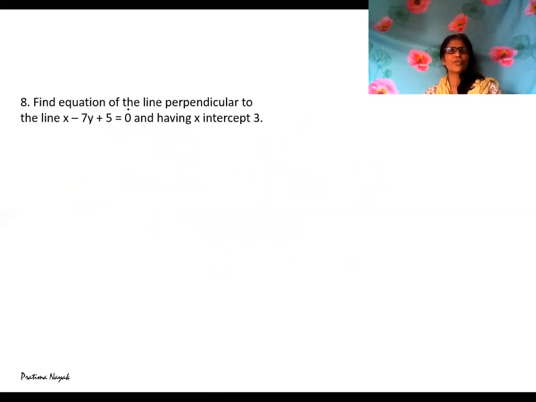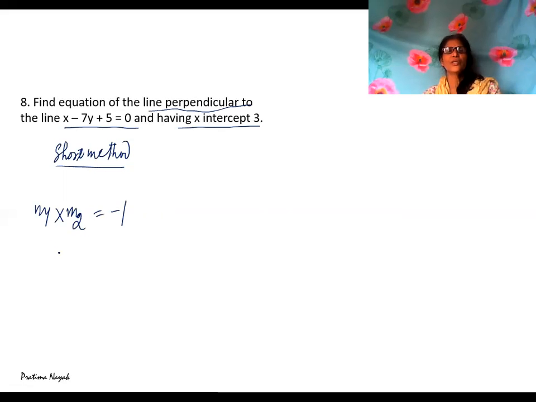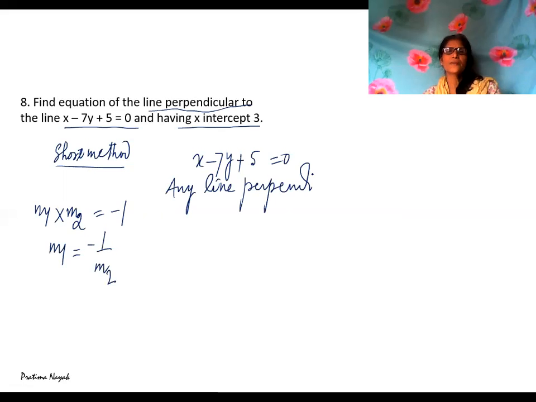Question number 8. Find the equation of the line perpendicular to this line having x-intercept 3. Again the concept is perpendicular, short method. Now, we know that when lines are perpendicular, the product of their slopes is minus 1, or M1 is the negative reciprocal of M2. So, x minus 7y plus 5 is 0. Any line perpendicular to it,